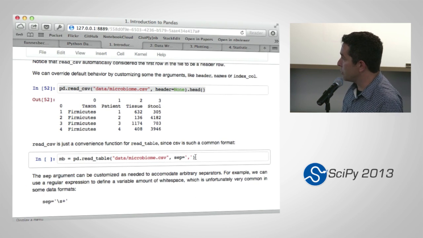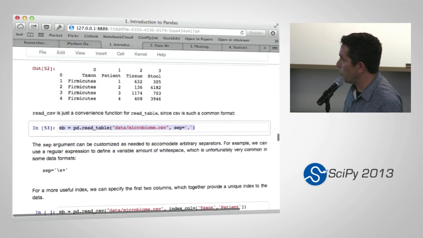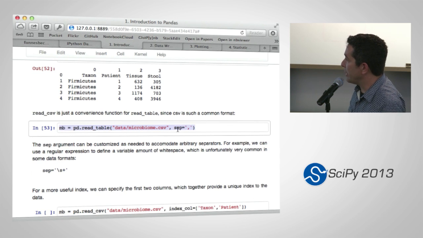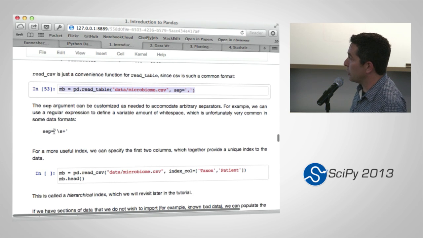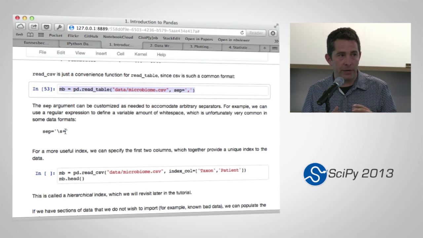Read CSV, of course, is just a convenience function for a more general function called read table, and we can give it any sort of separator that we want. We're probably familiar with seeing those sorts of things. And a nice one in particular is using a regular expression as a separator, because sometimes you'll have a varying amount of white space as a separator, right? If you get data that was used in some sort of Fortran analysis or something, and